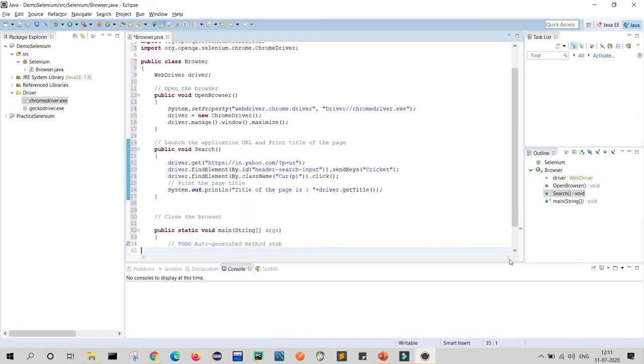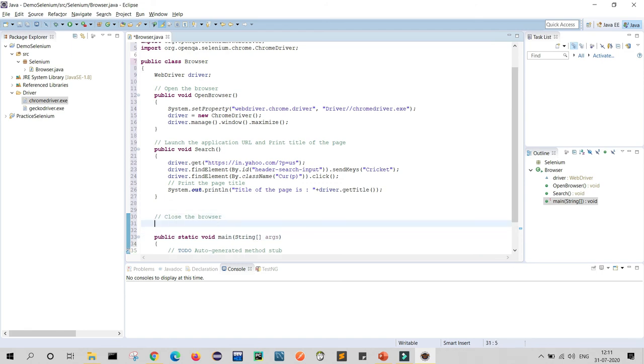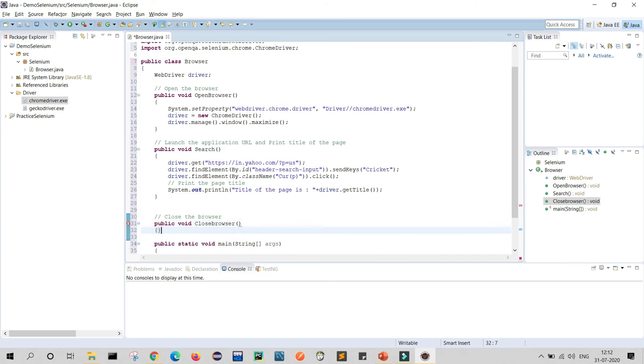So we will define our public class, public void, oh sorry, it should be small, public void close browser, my method, and here I will write only one line, driver dot quit. This will close your browser.